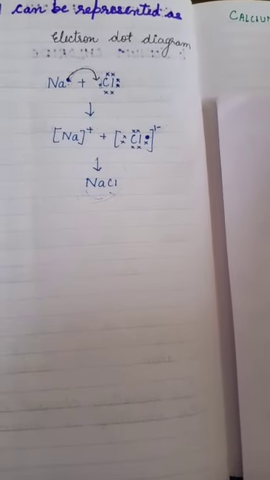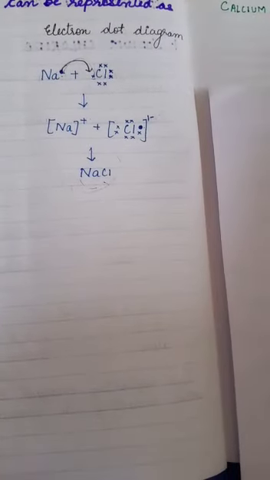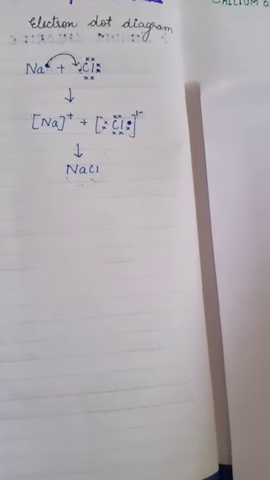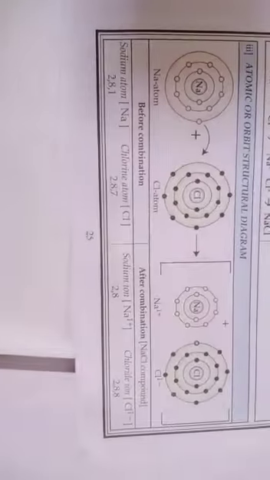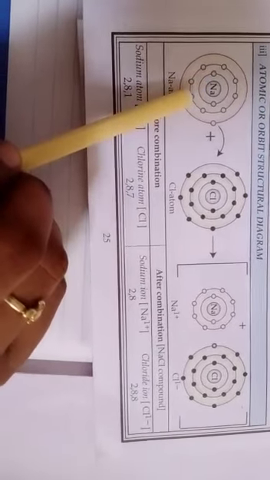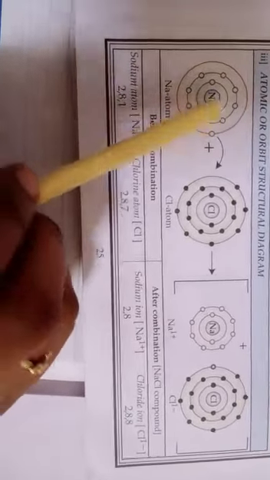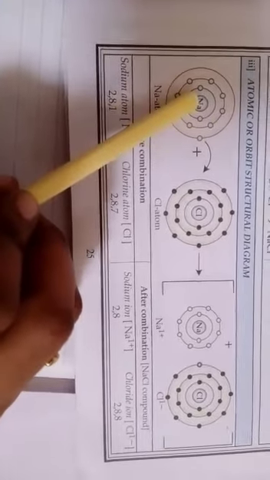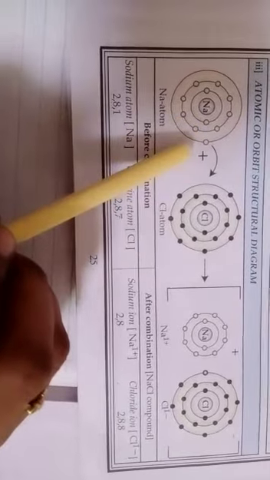Now the third part of the diagram which can be asked in the exam, usually it has not been asked, but maybe it can be asked. So what is that diagram? Just see here. This is the orbit or the structural diagram. In this diagram you can see sodium, the nucleus inside, first shell, second shell and the last shell. So you have to draw the dots in each shell. The K shell contains 2 electrons, the L shell has 8 electrons and the M shell has 1 electron.